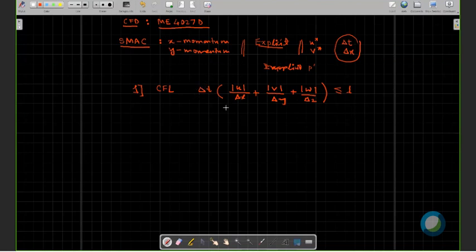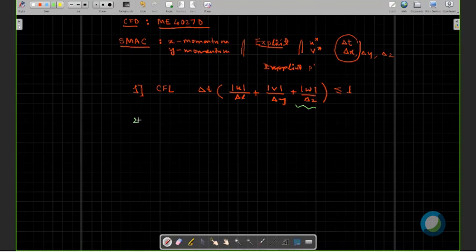You have to take delta t and delta x, delta y, delta z such a way that, so for a 2D problem, delta x and delta y, for a 3D problem, delta x, delta y, delta z. So I'm writing here for 3D. If your problem is 2D, then you can neglect one of the terms based on which axis you are taking. So if you are taking xy, then keep these two terms, neglect this. That will be the condition for the 2D CFL criteria. So you have to take delta t and delta x such a way that it satisfies this condition.